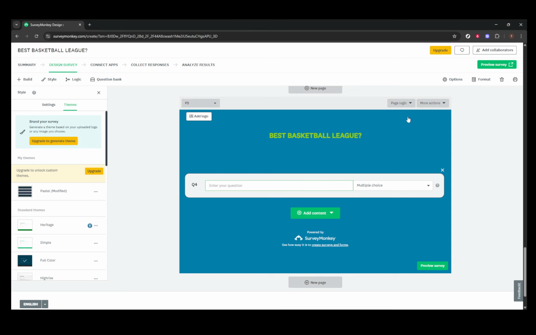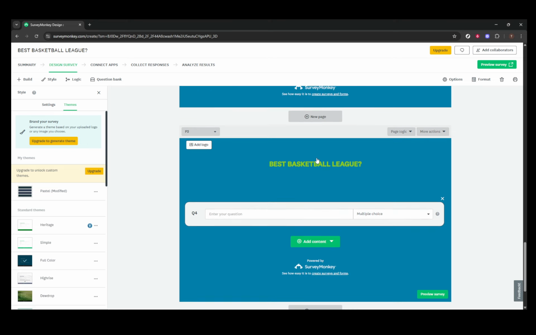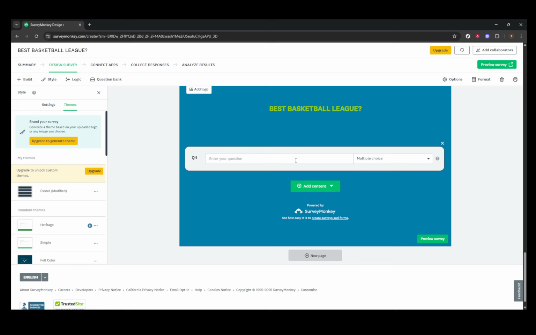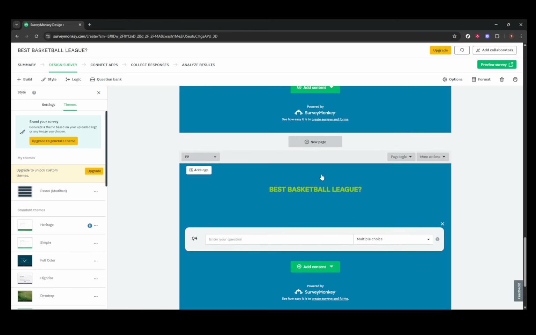From here, you can edit the page's title or add a description to provide context for your survey participants. It's a great touch to keep things clear and concise for respondents. You also have options to move the page up or down within the survey, which can be particularly useful if you need to reorder the flow of your survey after rearranging questions or sections. If, by chance, you no longer need the page or wish to reuse it elsewhere, you can choose to copy or delete it. Remember, there's also the option to move questions around rather than directly deleting them, which can be